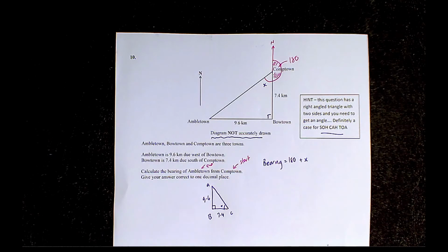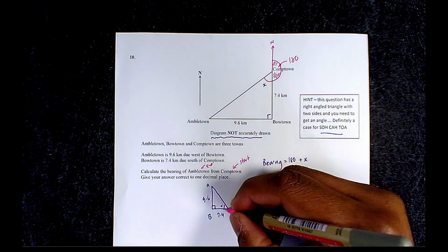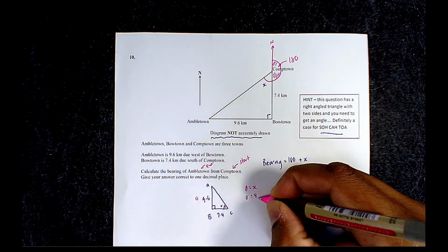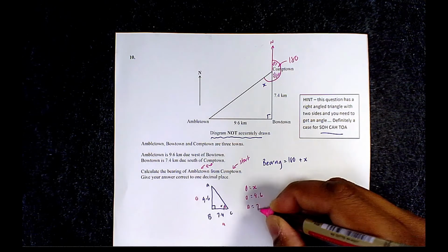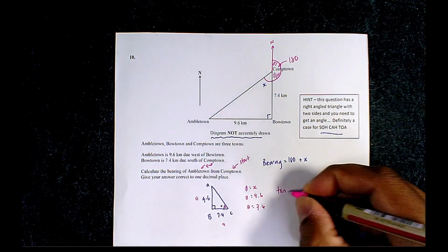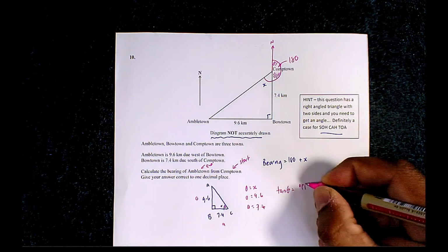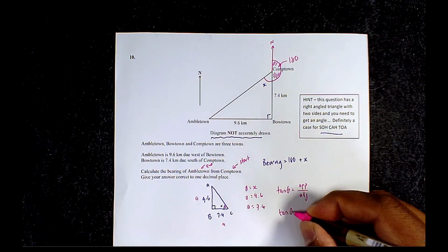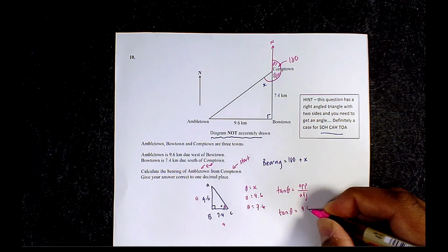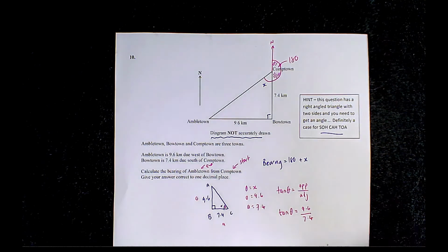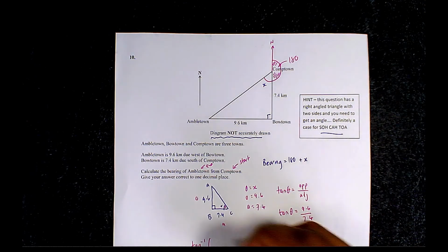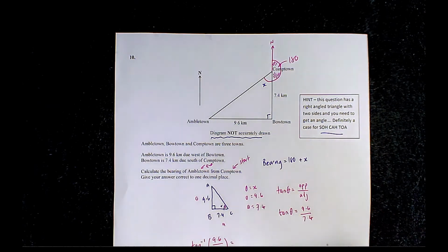So we need to work out the angle. First we need to label the sides. So here, if this is the angle, so theta equals X, O is 9.6 and A is 7.4. So the trig ratio I need to use is going to be tan. So I've got tan theta equals opposite over adjacent. So calculating the sums, I've got tan theta equals 9.6 divided by 7.4, and then if I do the inverse tan of that, so inverse tan of 9.6 over 7.4, which equals X, that gives me an answer of